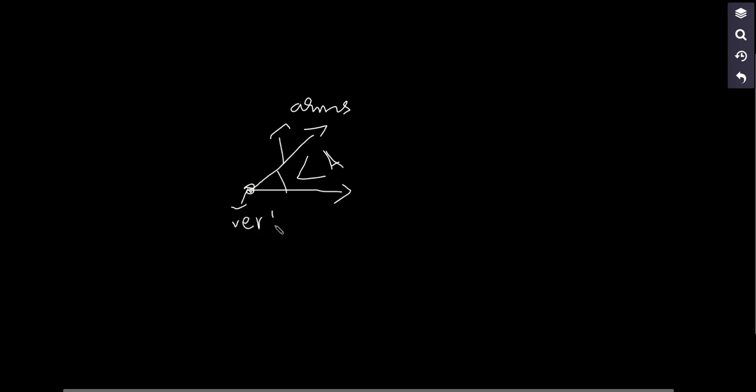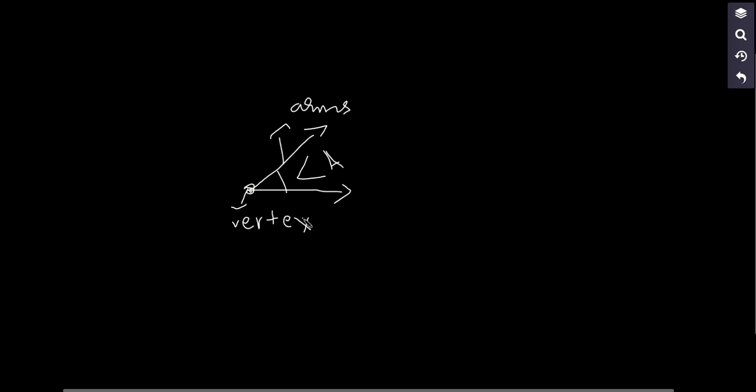Now before this, we need to learn what is an angle. A measure formed between two rays having a common initial point is called an angle. Let's say this is angle A. The two rays are called the arms or sides of the angle. And the common initial point, this is the vertex